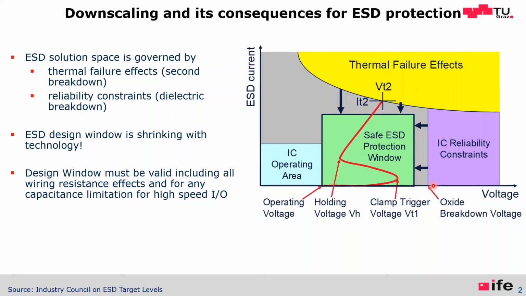Now, when we go from 10 nanometer to 5 nanometer or smaller, the cost per square millimeter of wafer goes up, but the integration density goes up faster. So the race is won, and it makes sense to make digital structures smaller. But ESD protection is different. It's current driven, and there are current limits. For example, there's a certain current density which can flow on the silicon, and the current density doesn't change with scaling, so you cannot make the ESD protection structure smaller.